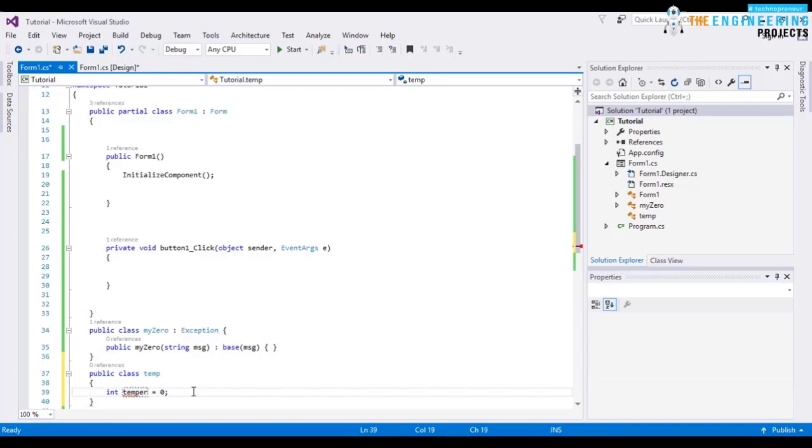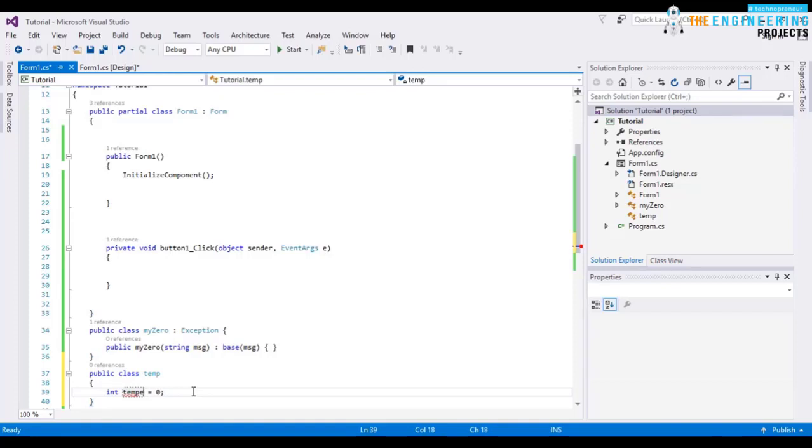In new I will pass the exception which I have created, my zero, and in my zero I will say that temp is 0. This is the error which will occur. And here,